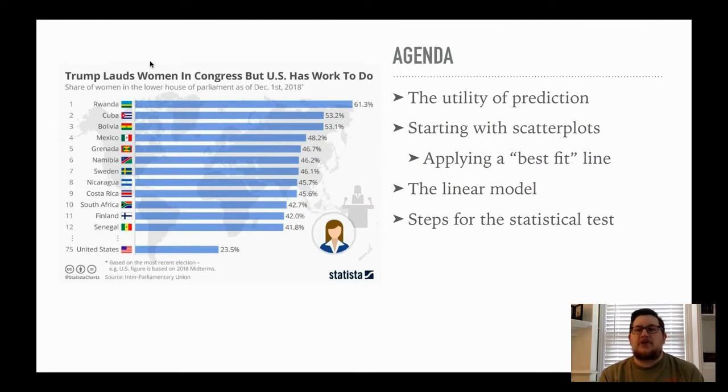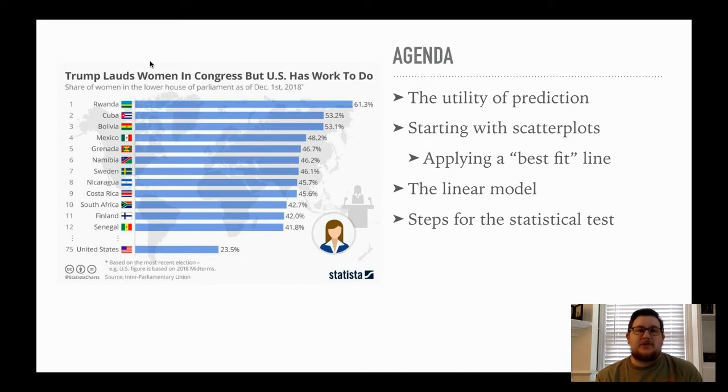So we're going to start by talking about this idea of prediction. Now, your textbook frames regression around its utility as a predictive tool. I don't know that that's really the best way to frame regression or the usefulness of it. However, I do think that it's one way you can do it, and it's the way your book does it. So I think that's a useful way to start things out, kind of a nice way to combine the book with these lectures. Then we'll look at some scatter plots.